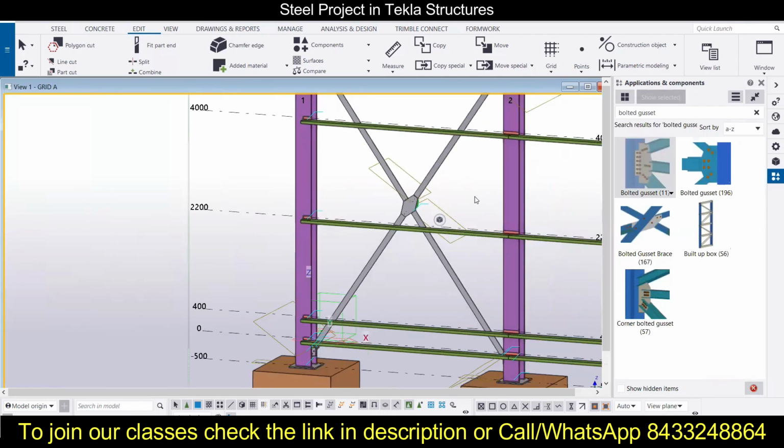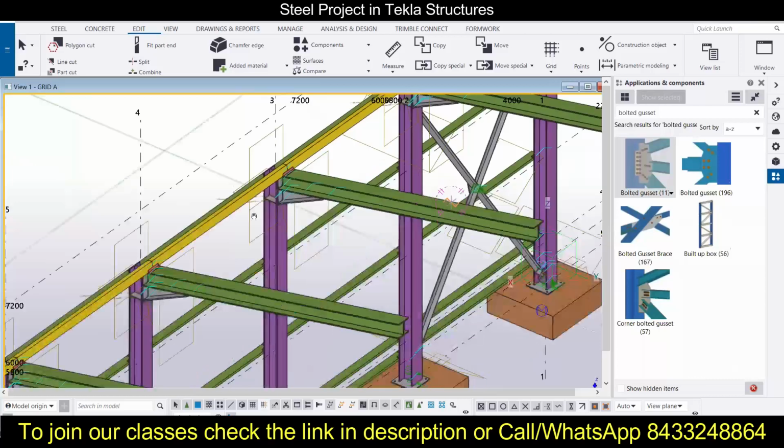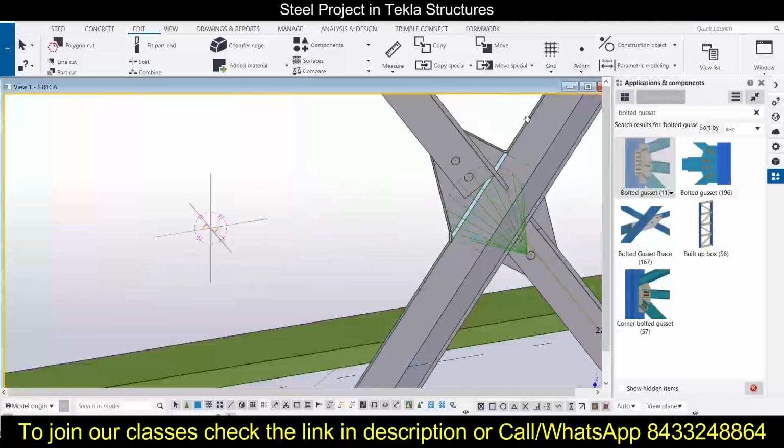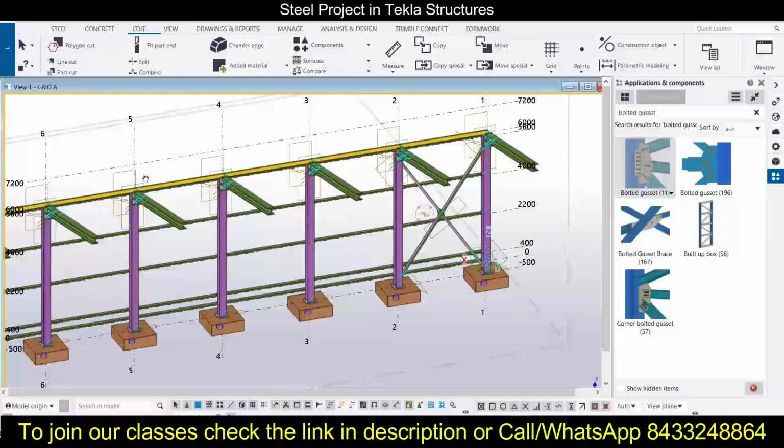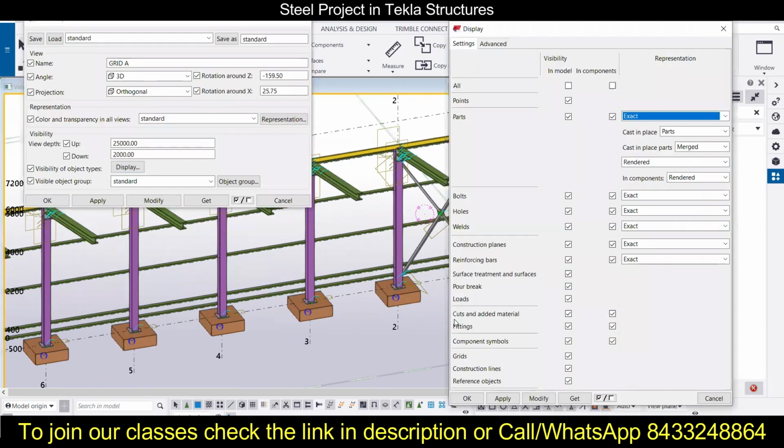If you want to rotate it, you can rotate it by pressing Ctrl R and then rotating it like this. If you want to change the view and avoid all these extra things, you can double click on it, go to Display, and over there uncheck the fittings and the cut materials, modify, apply, and OK.